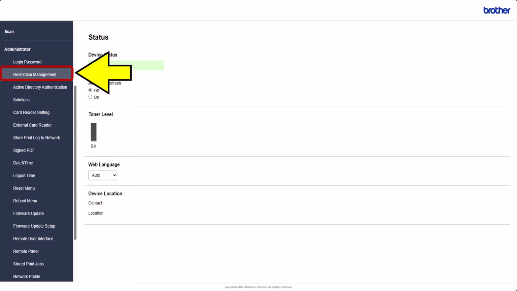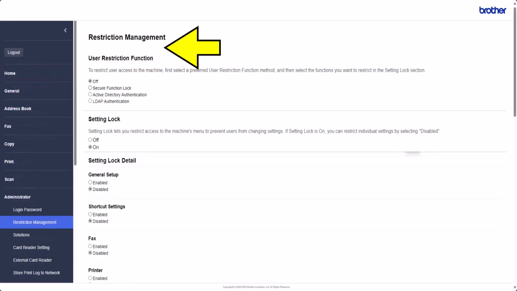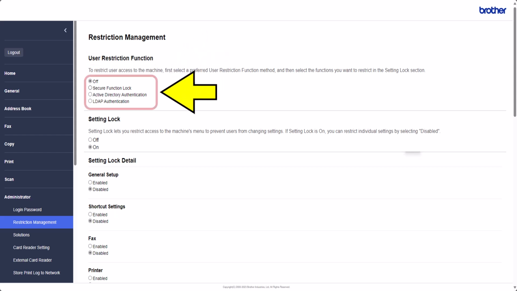Under Administrator, select Restriction Management. Restriction Management is where the user restriction function options are set. Currently, this is set to off and no restrictions are being applied.